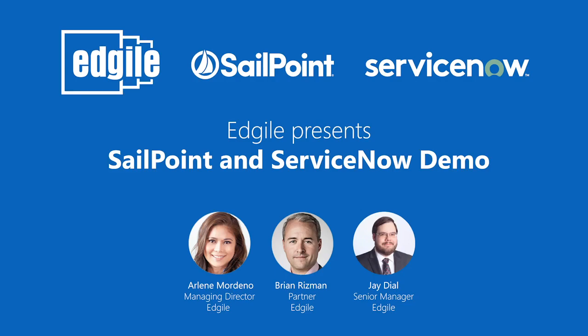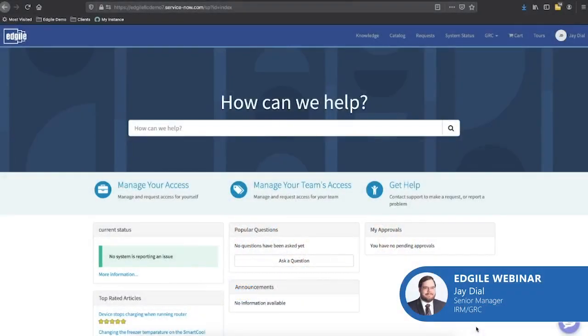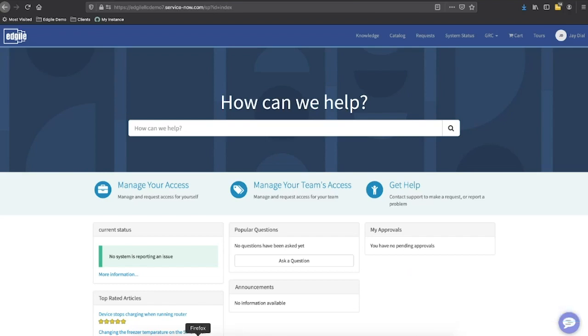The first aspect we want to show you is how someone can come into ServiceNow and request access for themselves, or maybe request access for members of their team. And so we've given folks the ability to come right here to our service portal and given them a couple buttons, one to manage their own access, one to manage their team. And when we click in here,